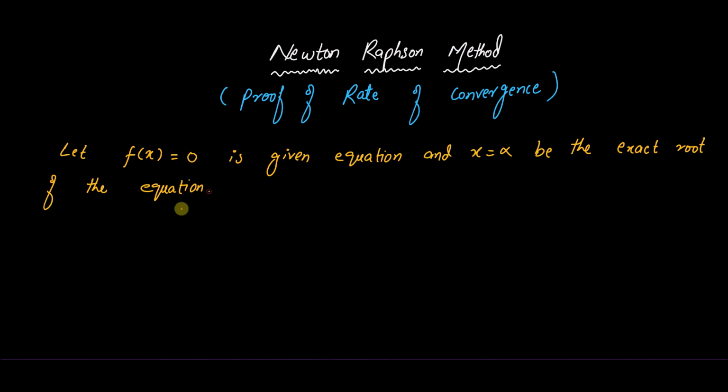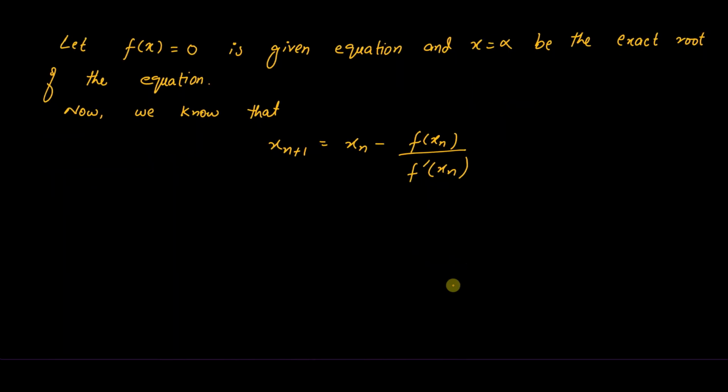Now we know that the general formula for the NR method is x_{n+1} = x_n - f(x_n) / f'(x_n). And by using this formula, we clearly know that